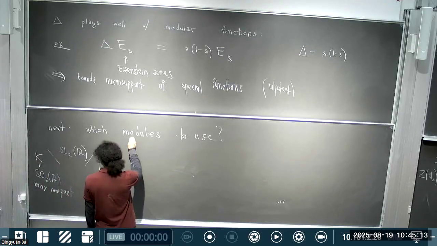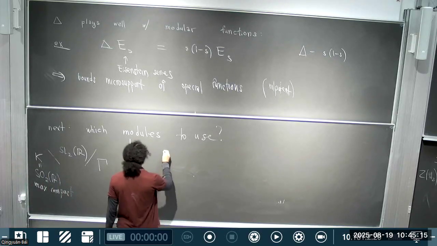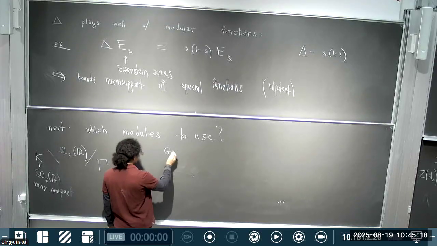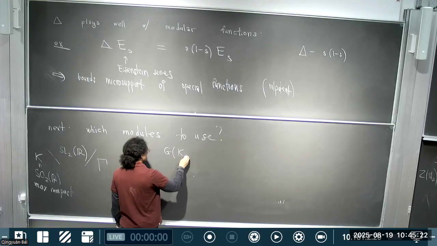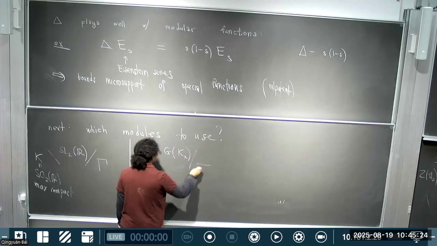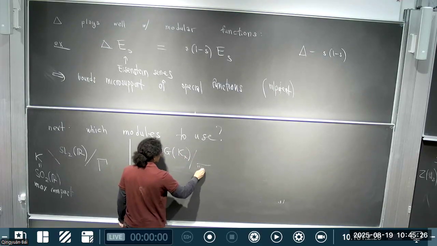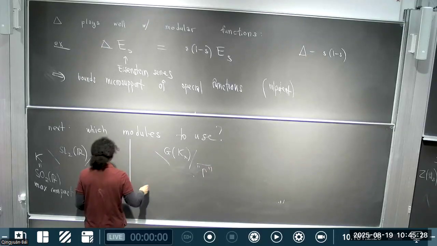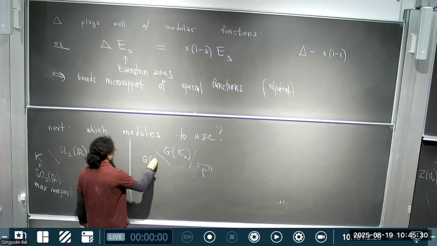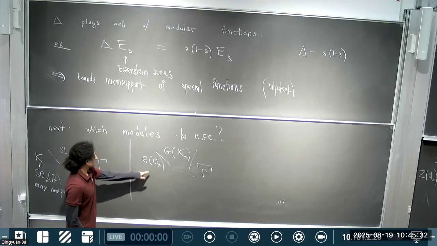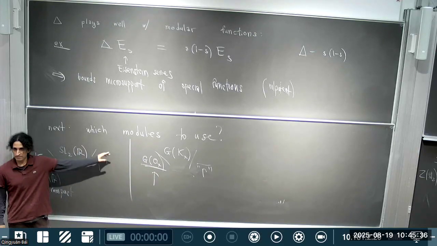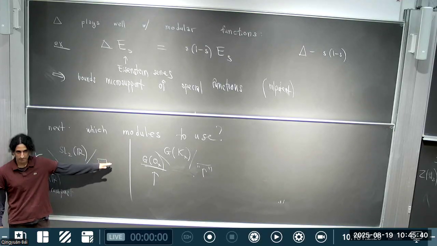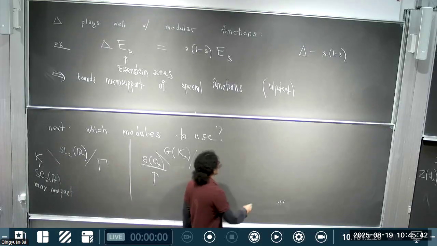Okay. So similarly for us, since we have G of Kx modulo something, which is with the gamma, and then we mod out on this side by G. The point is that this is the side which tells us the systems of generating relations we want to use. Okay, so